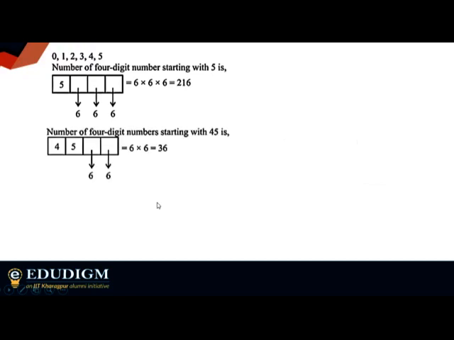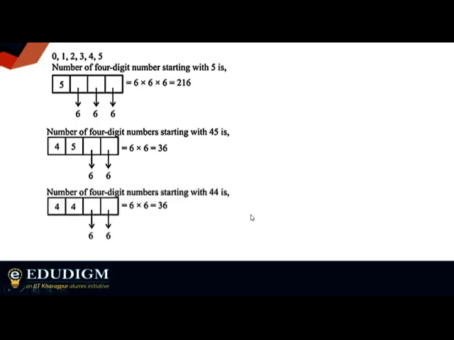Then we are making certain cases. Now onwards, whatever we see will start with 4. After 4 we have taken 5. Since we have taken 5 in the second position, and the given number is 4321, there's no such restriction on the rest of the two positions. It can be anything. It'll still be strictly greater than 4321. I hope this is okay with you. Similarly, 4, 4 is again going to give you cases where it's strictly greater. You can also combine these two, that is perfectly all right.